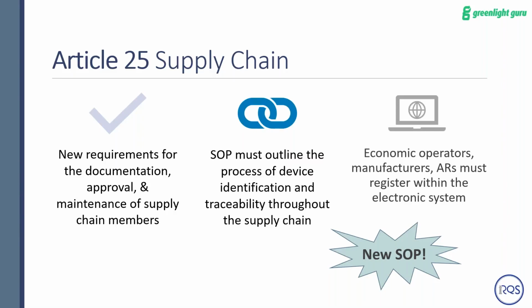So potentially, this is going to be a new SOP if you're a manufacturer, but for some distributors and importers that might not have had a quality system previously, they're going to have a whole new quality system that outlines their role in the supply chain and with the devices that they either import or distribute, and how they review them and check that they're in compliance. And it's not just the device itself, it's the packaging, the labeling, all of those things.